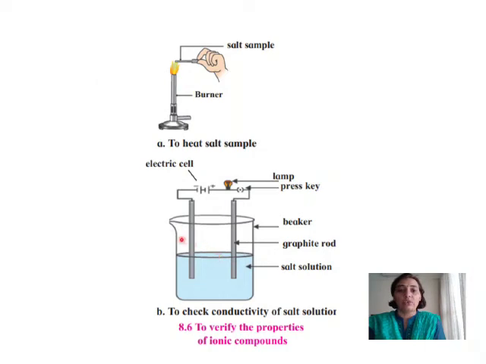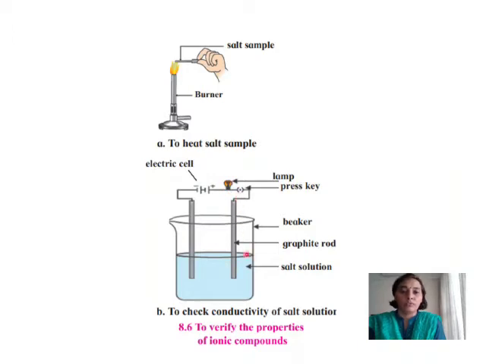In the next activity, you have to take a trough or a beaker, in which you have taken a salt solution. One by one, you have to take all three solutions. Say we start with sodium chloride solution, an aqueous solution prepared here. Then there are two carbon electrodes, made out of graphite. Graphite electrodes are used for conduction of electricity. We have seen that graphite, which is an allotrope of carbon, is a good conductor of electricity. So we have taken two graphite rods, connected to a cell or a battery. A bulb has been given and a key.